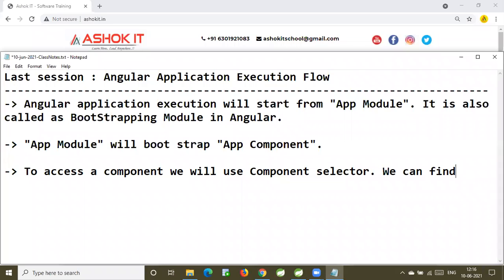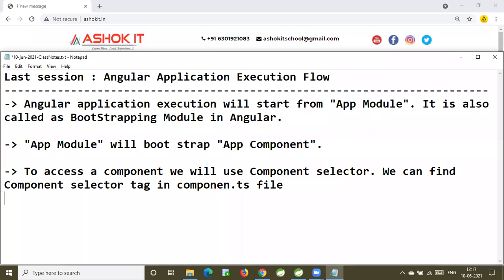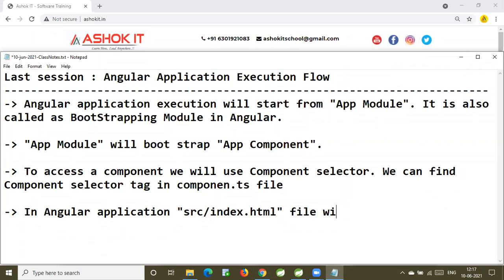We can find the component selector tag in the component.ts file. In an Angular application, the src/index.html file will act as the welcome file.